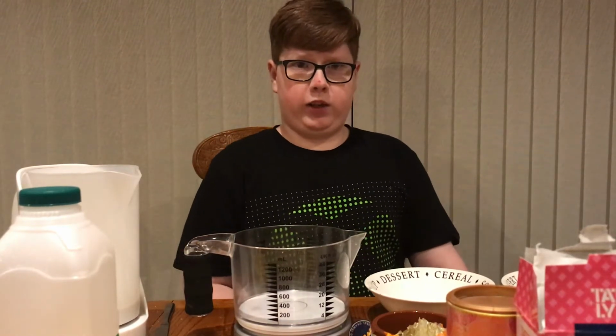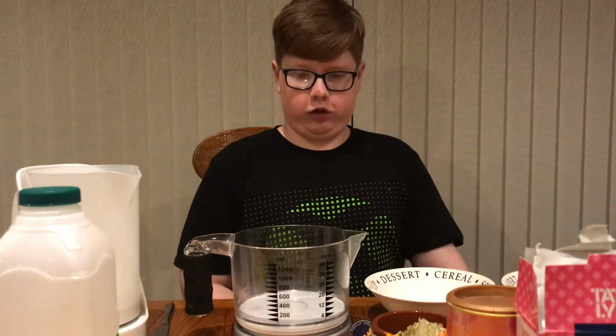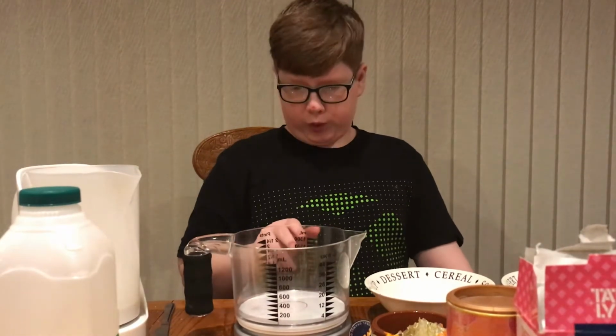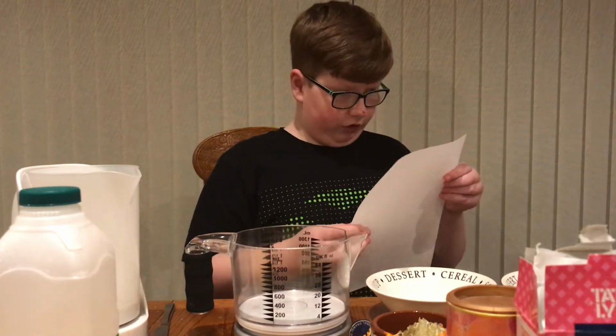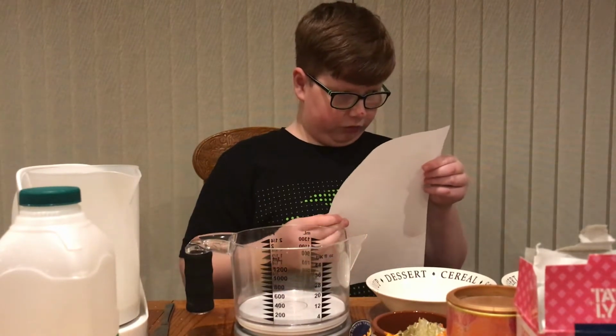Today we'll be making white chocolate orange cookies using the equipment I borrowed from the Carmarthenshire County Council. First we need to weigh the ingredients, so 80 grams of icing sugar,